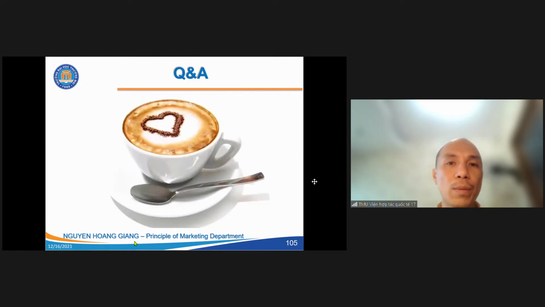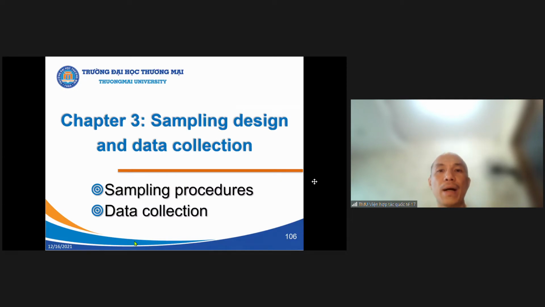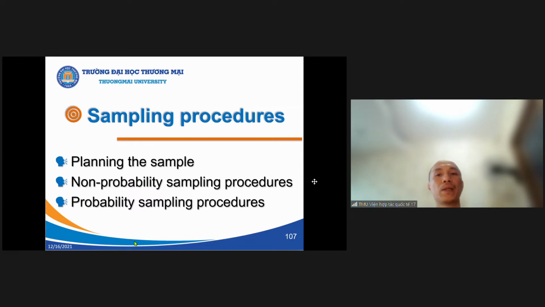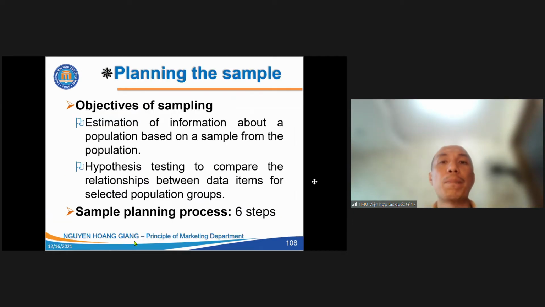And now we move to chapter 3 about sampling design and data collection. The first one is about sampling procedures, and the second is about data collection. The sampling procedure is about how to plan the sample, and in planning the sample, we should know about the objective of the sampling, because it affects a lot